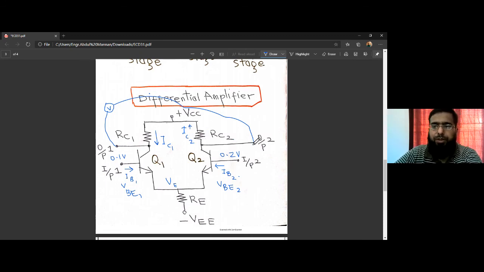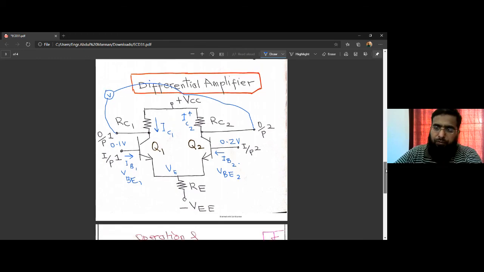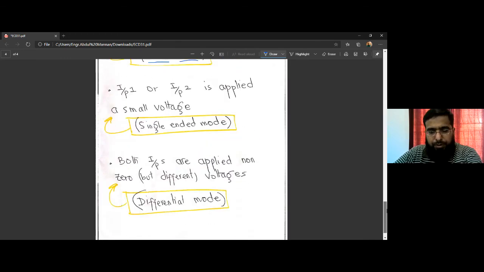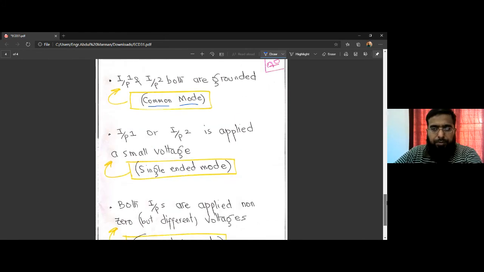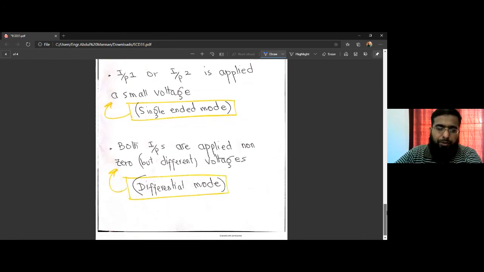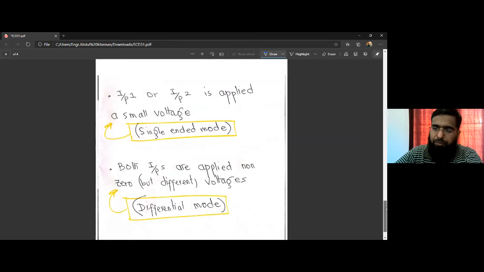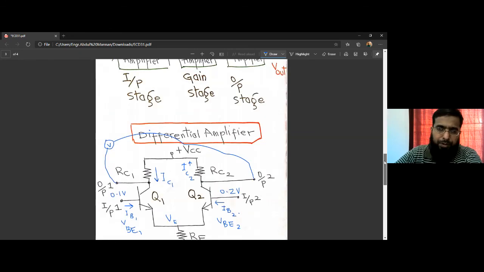So this output voltage would be smaller compared to this output voltage, and we again have a non-zero output, a differential output between the two output terminals, output 1 and output 2. So this is how we can use this differential amplifier in these three modes: common mode, single-ended mode, and differential mode. We'll talk more about